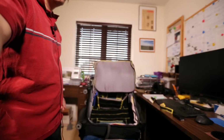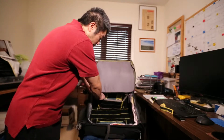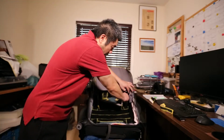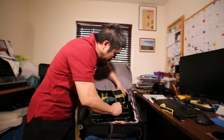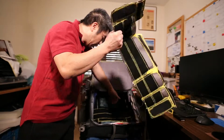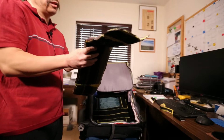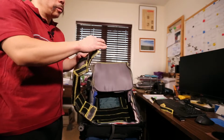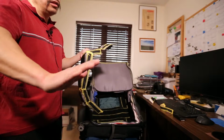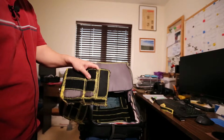Okay, so as we take the camera bag apart, you will see what it actually looks like, the shell. So mind the noise as we take apart the inserts to my camera bag. As you can see, the difference between my inserts and if you were to buy a camera bag, I always like to make the inserts more beefier than it needs to be. If you look closely right here at this,